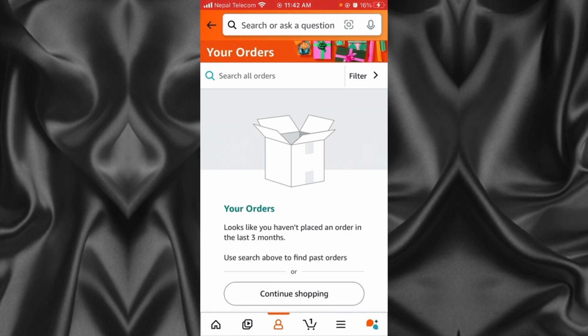And keep in mind that archiving an order doesn't delete it from Amazon's records. It simply removes it from the default view of your order history. And that's it. While you can't delete your purchase history entirely, archiving is a great way to keep certain orders